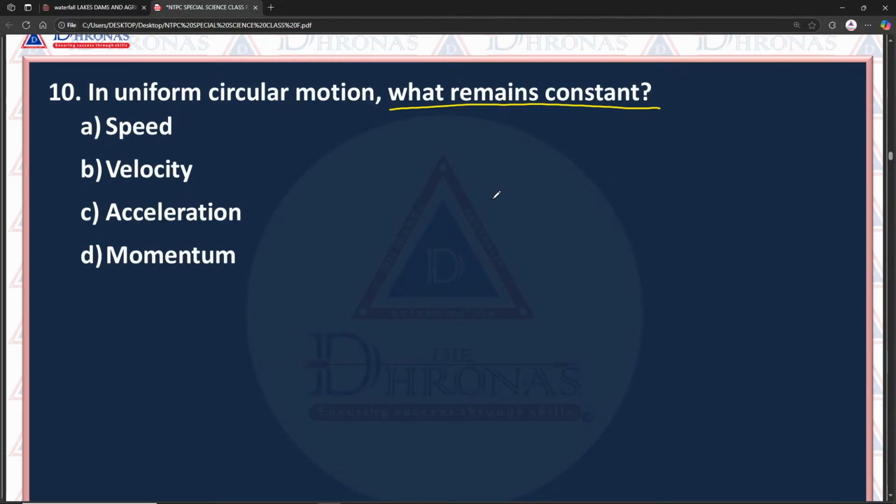What remains constant? Momentum? No. In case of circular motion, suppose एक object आपकी circular motion में,